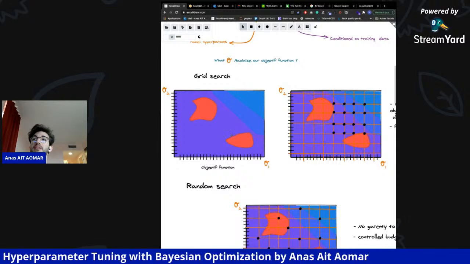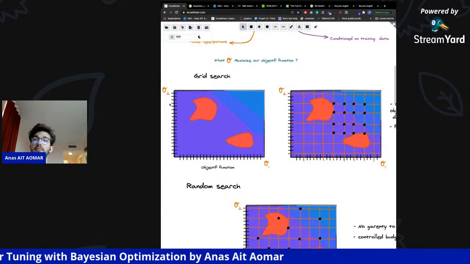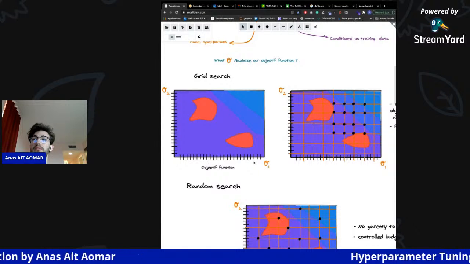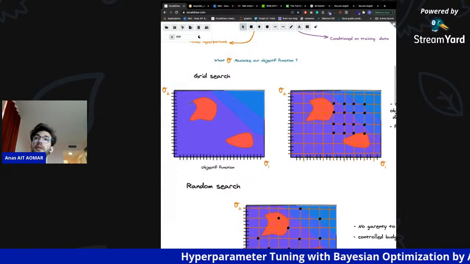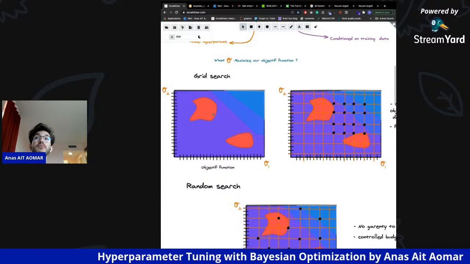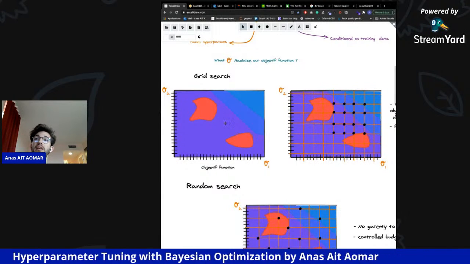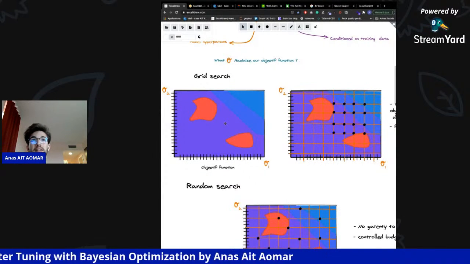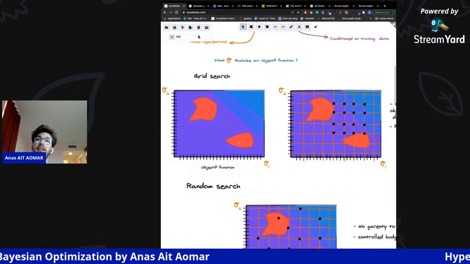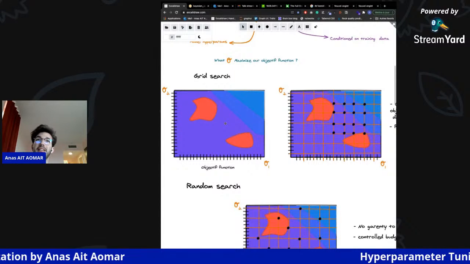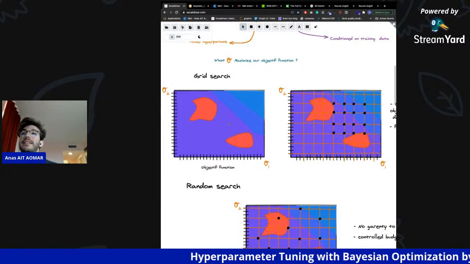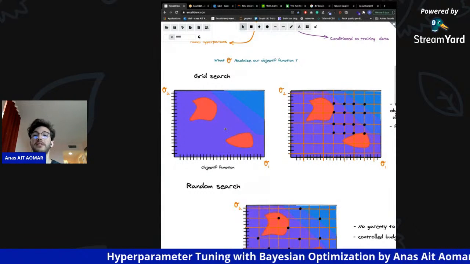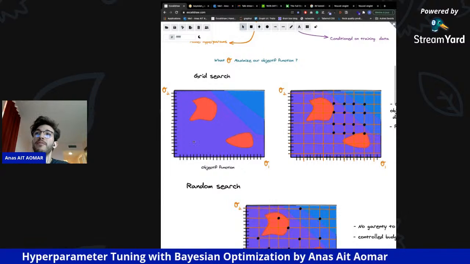but it can't scale to high dimensional space. For example, if we have two parameters here, and we have 100 points for the first parameter and 100 points for the second parameter, we will have 10,000 points to evaluate. And if we add another dimension with another 100 points, we will have 1 million points. And we can see that the number of points that we have to evaluate increases exponentially with the number of